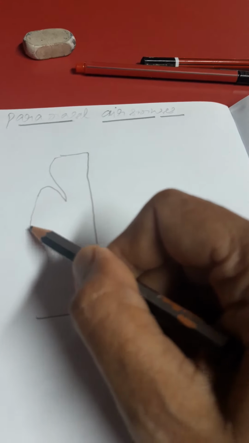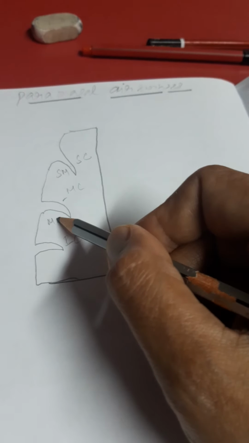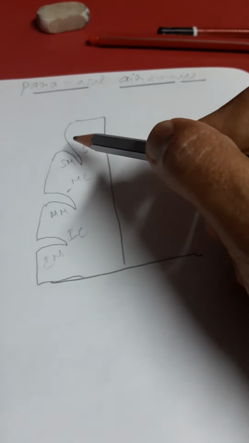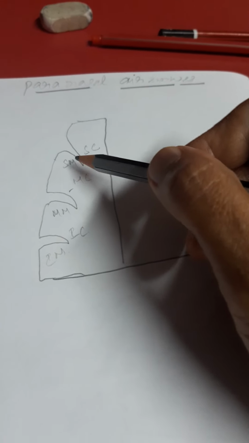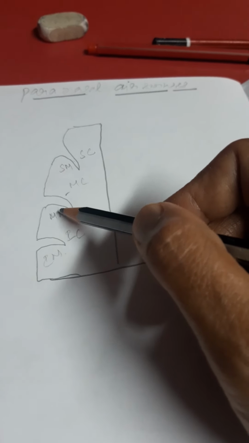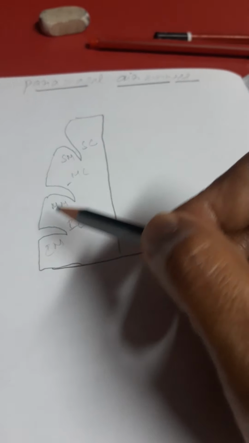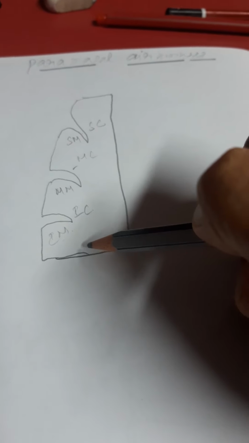Then below the concha you are seeing the spaces. So this is called the superior meatus, this is called the middle meatus, and this is called the inferior meatus. And you know the structures which are opening into these meatuses. The superior meatus receives the opening of the posterior ethmoidal sinus. The middle meatus receives the opening of the anterior ethmoidal, middle ethmoidal, frontal, as well as the maxillary air sinus. And the inferior meatus receives the opening of the nasolacrimal duct. So this is what you have studied in the lateral wall of the nose.